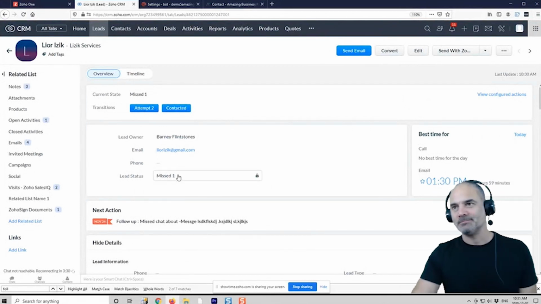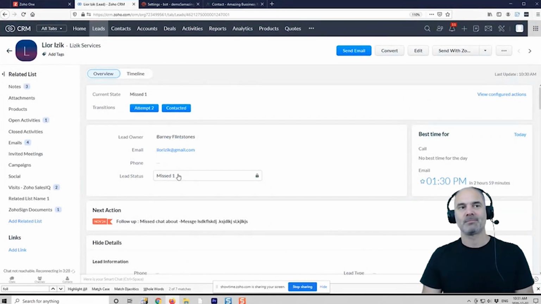All right, so to back that up just a hair. If I'm going to do a mass update, I can't say move everything up from attempt 1 to attempt 2, or attempt 2 to attempt 3, or whatever it is. I've got to go in and make that happen individually, right? That's right. I've got to go there and do the follow-up. Okay, if that's the way it is, that's fine. I was just seeing if I could.